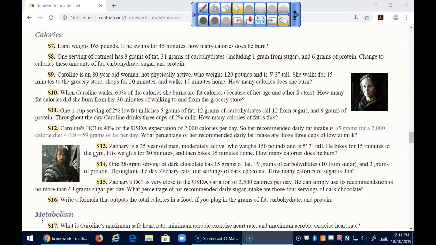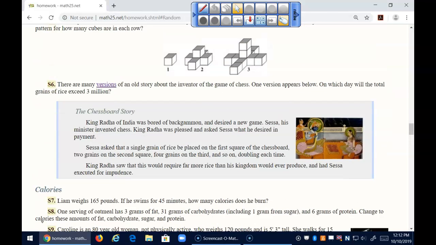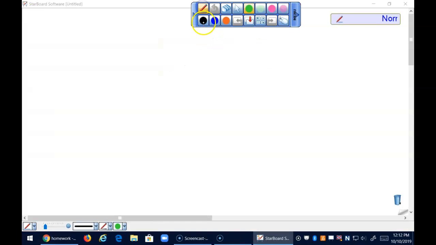I had the problem of S6. So right up above, the chess one. Okay. So there's many versions of an old story about the inventor of the game of chess. One version appears below. On what date will the total grains exceed 3 million? So there's this pattern where, let's see,